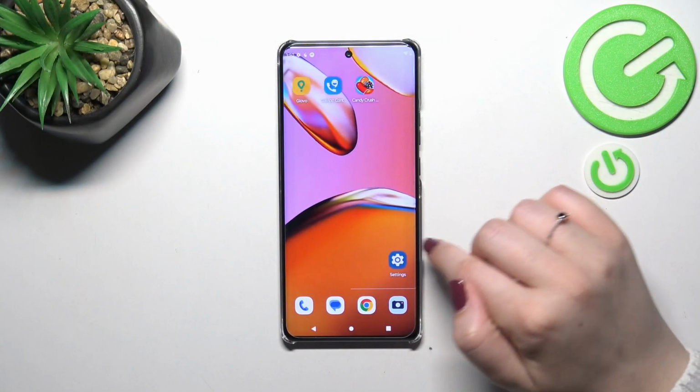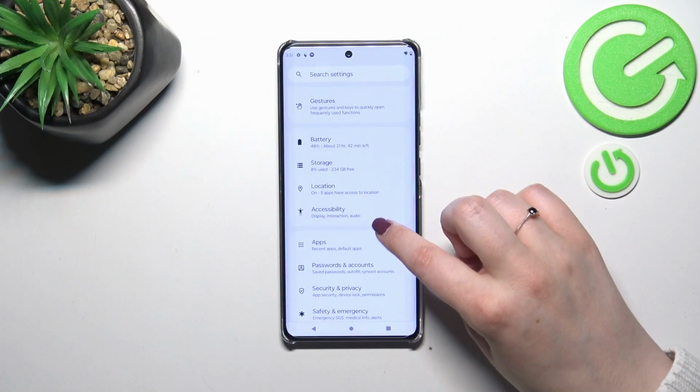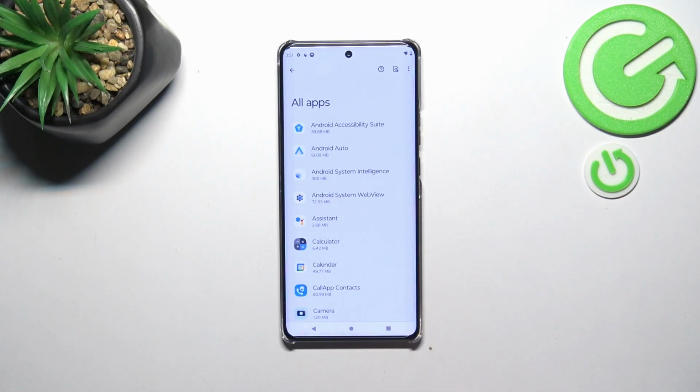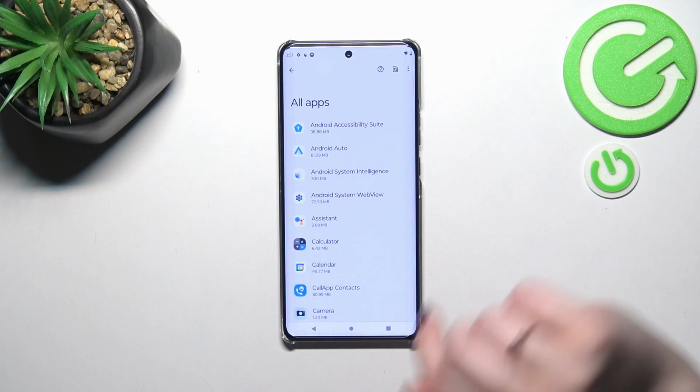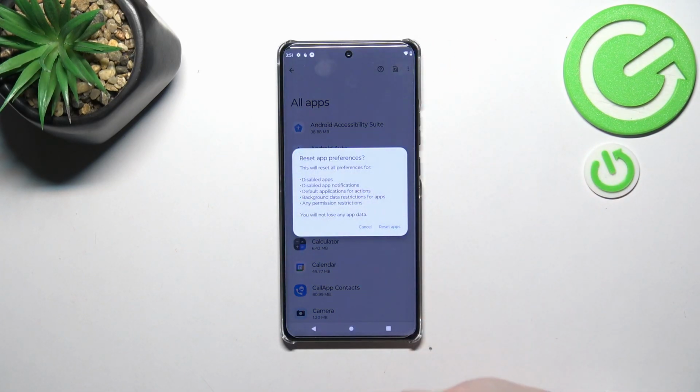So first of all, let's find and open the settings and then scroll down in order to find the apps. Now let's tap on see all 63 apps, of course 63 in my case, and then 3 dots icon in the right upper corner. Now let's tap on reset app preferences, and as you can see, your device will inform